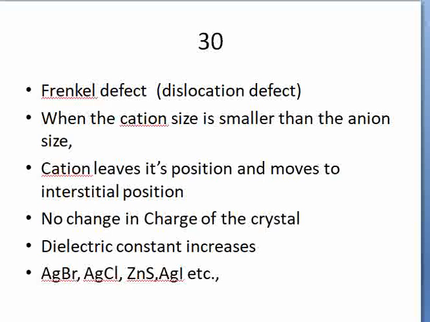Dielectric constant increases. Frenkel defects increase the dielectric constant. I have said this before. Examples: AgBr, AgCl, zinc sulfide, AgI, like that. In these crystals we can expect the Frenkel defects. Next point,